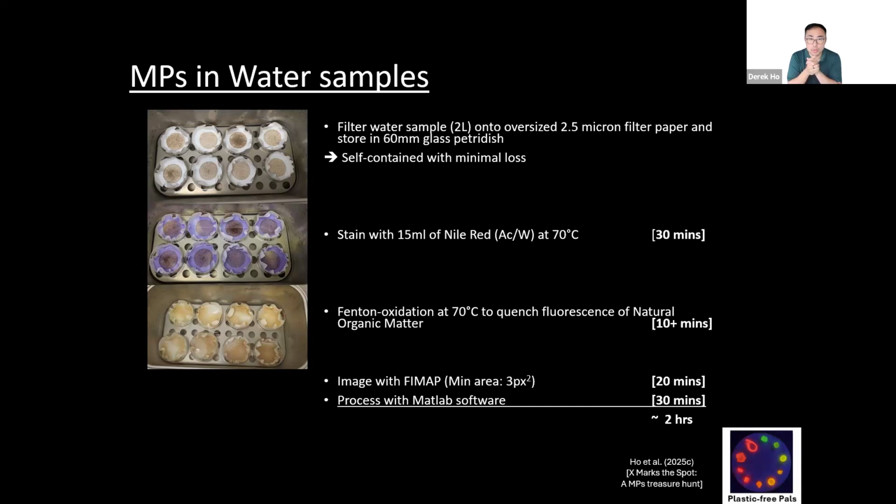To treat these samples, we filtered all these 2-liter samples onto an oversized 2.5 micron filter paper and contained it in a Petri dish. That way, when we are treating it, the filter paper would contain all the plastics. We'll stain it with 15 ml of Nile red before draining it, before using Fenton oxidation to then quench the natural organic material. This method